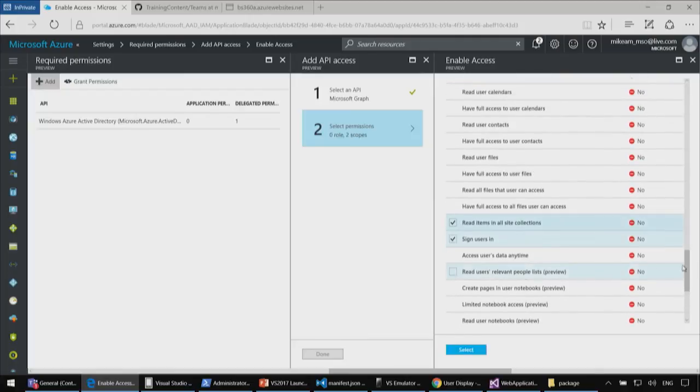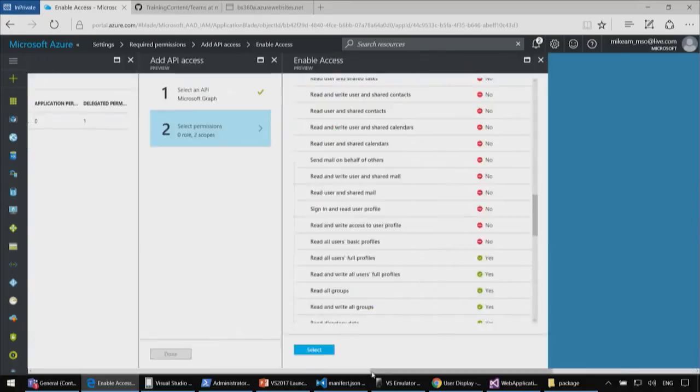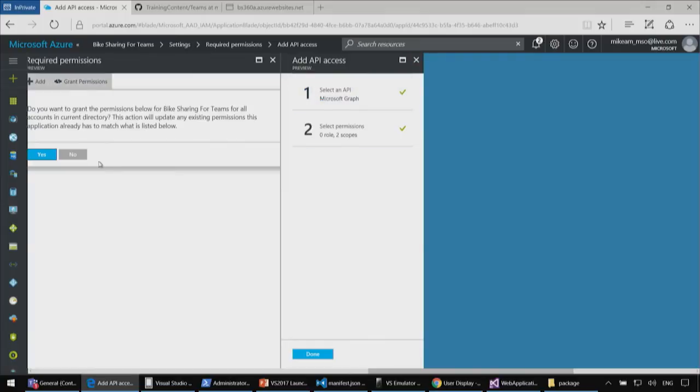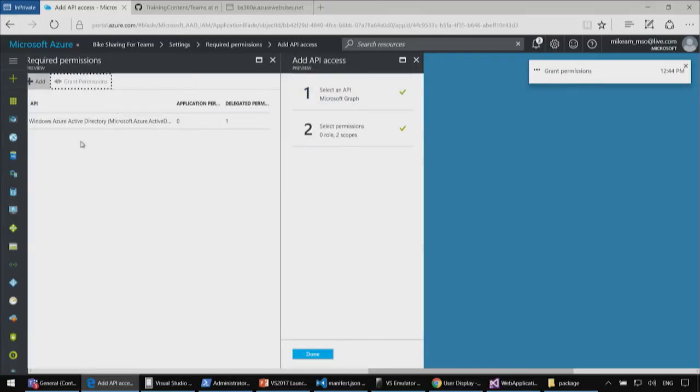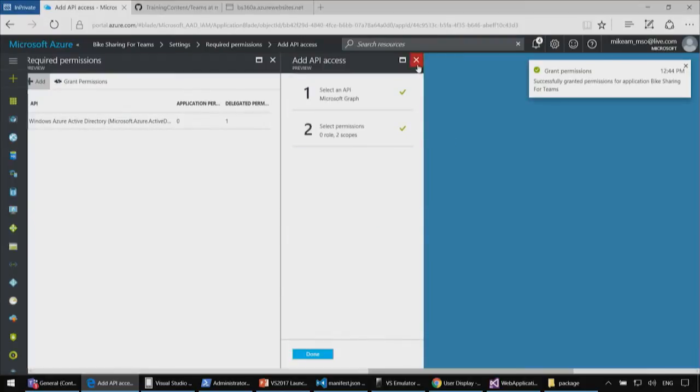Those are the two permissions that you would need if you want to make some SharePoint-based Microsoft Graph calls. But you can see, here's all the goodies, if you will, that are inside of Microsoft Graph that you can use. So I'm going to select those two permissions. And then I will grant those permissions to the application. So step one was saying, here's the kind of permissions that I need. And then step two is,